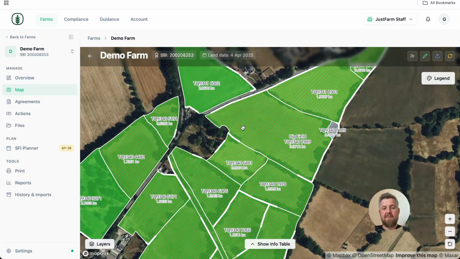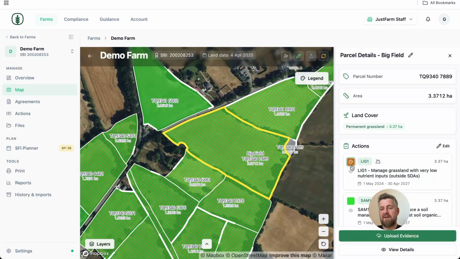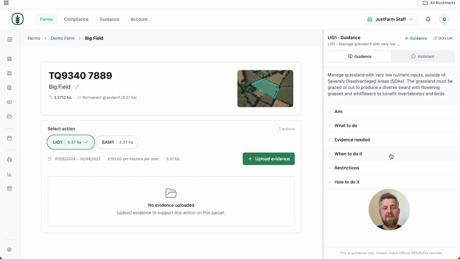you're looking at the map of your farm and you have a piece of evidence that you want to upload for a specific field and a specific action, then you would just click on that field. In this case, we'll take our big field here, and say we had a piece of evidence for lig 1 on this field. We can click on lig 1 and we'll come out to this field's page, and we're in the section for lig 1, and you'll notice down below here there's an